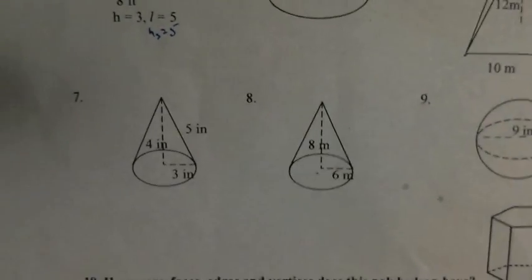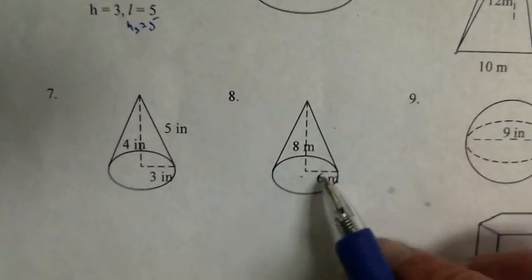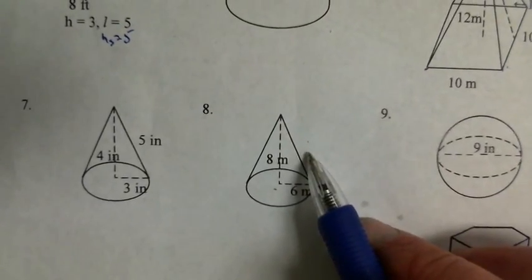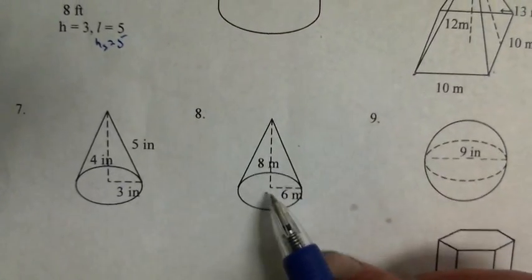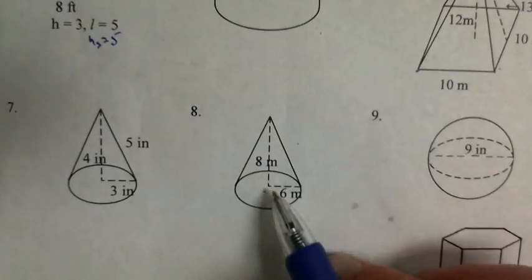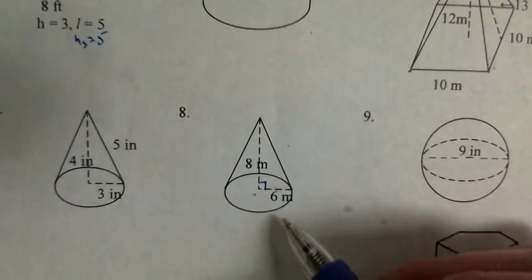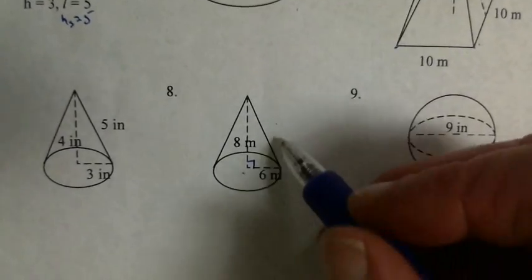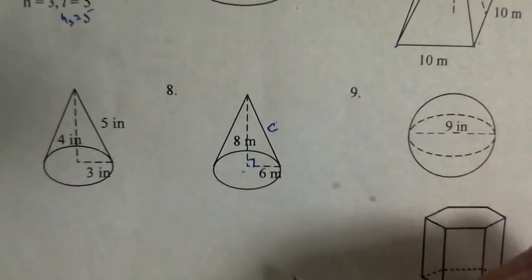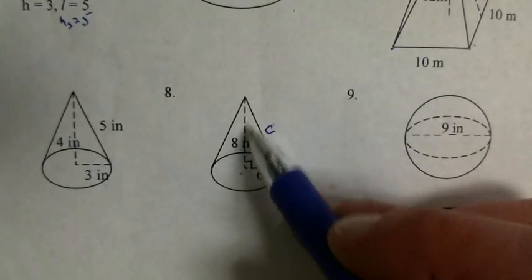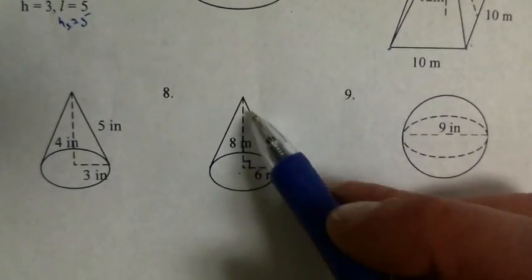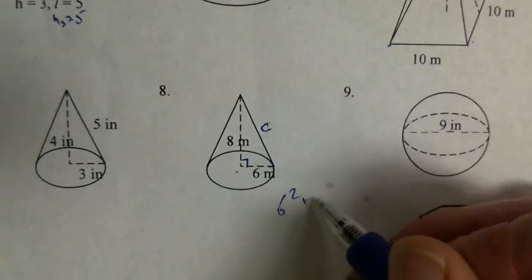Number 8, pretty much the same problem as 7, except we don't have this number here. But you notice this radius and this height come perpendicular to one another. So that means that we have the Pythagorean theorem on a right triangle, where 6 squared plus 8 squared